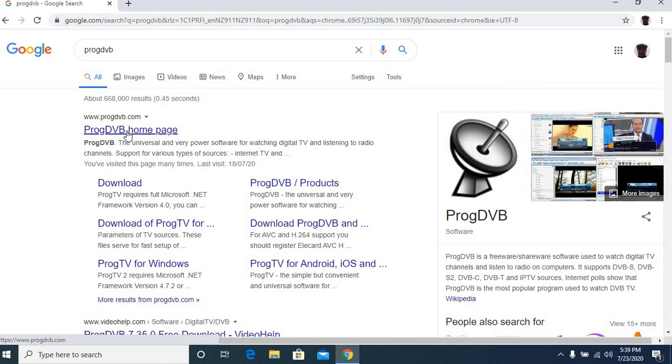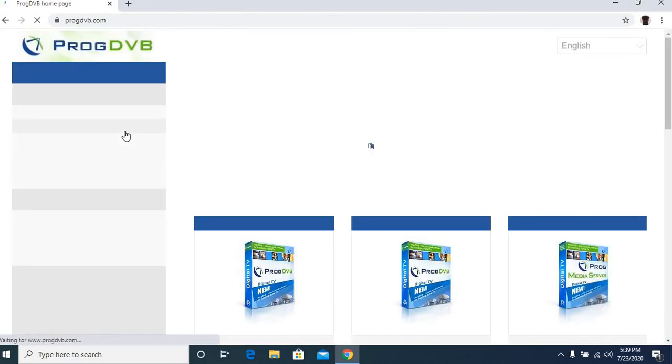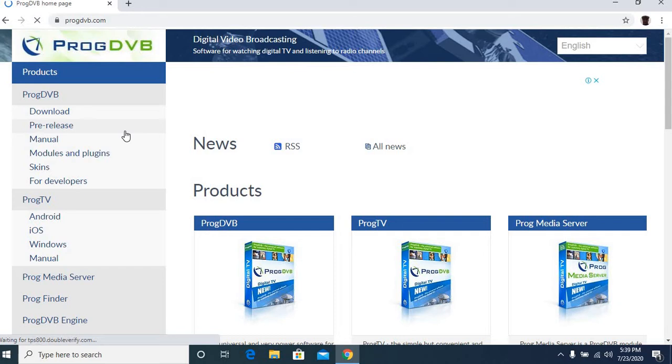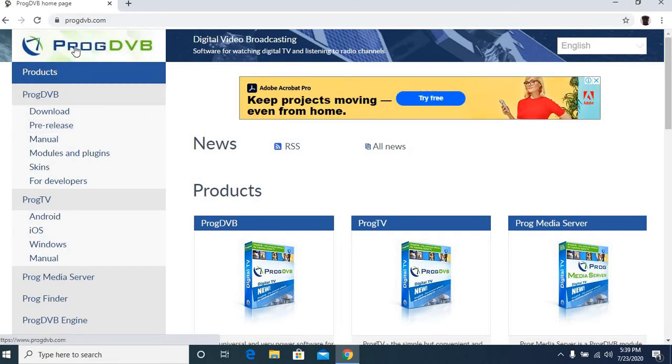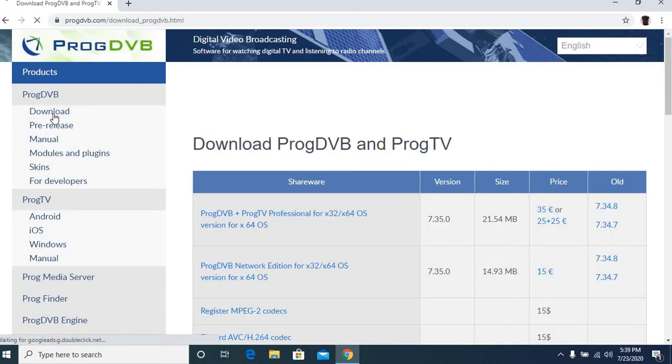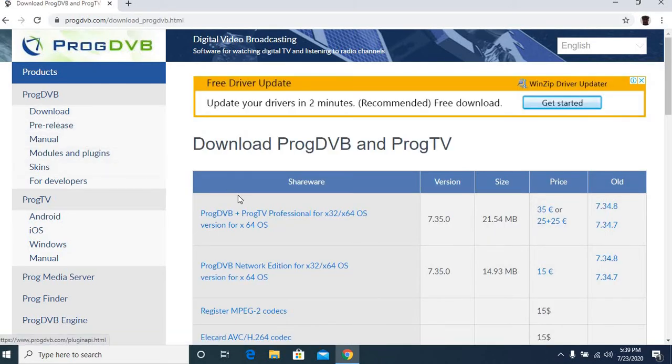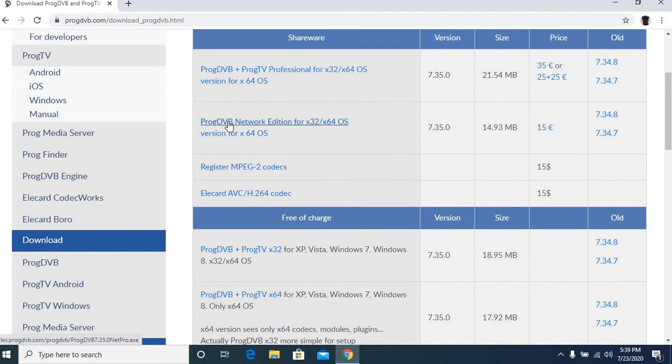It's basically software for watching digital TV and listening to radio channels. That's what we're heading for, internet TV. Let's go ahead, click on that. Okay, up here where it says Prog DVB, come on down to downloads on the left side of your screen where it says download. One click on download, and we're looking for Prog DVB Network Edition for 32 and 64-bit